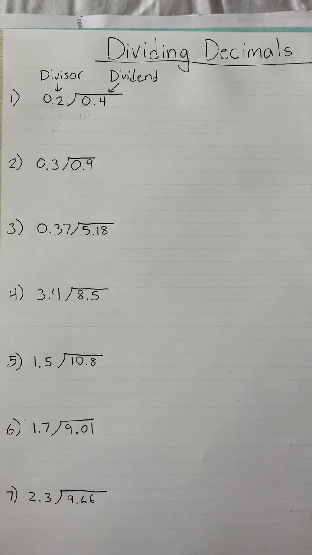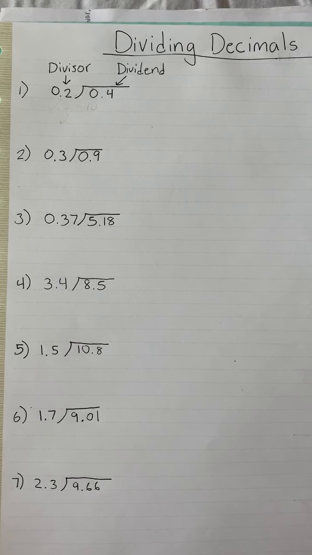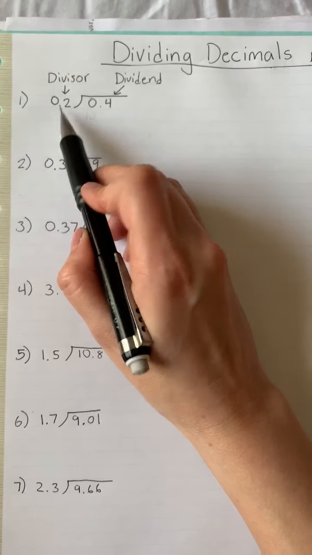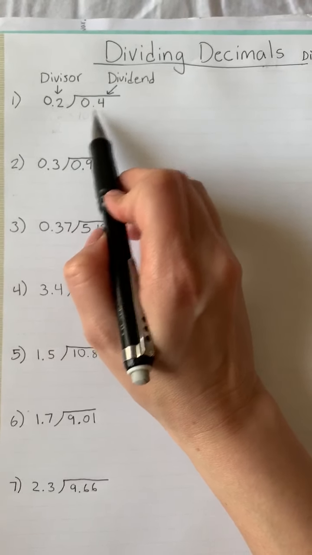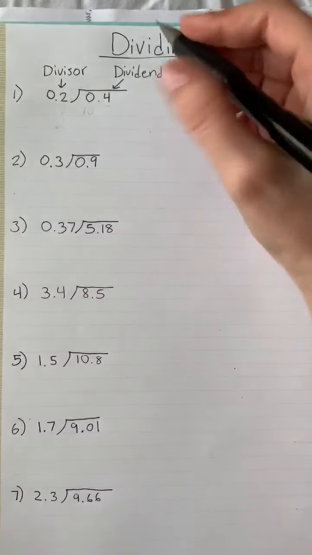Hey guys, today we're going to learn about dividing decimals. So first thing I want you to understand is the names of the numbers. This number right here is called the divisor. This number right here is called the dividend. So this question right here might also look like